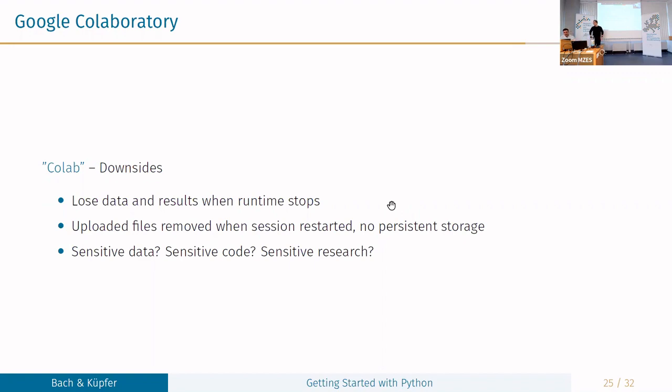But you still have to apply, and you need to queue for resources on this cluster. But I think it's a good alternative to Google Colab, especially for longer periods of research and for longer jobs which just take longer to finish.